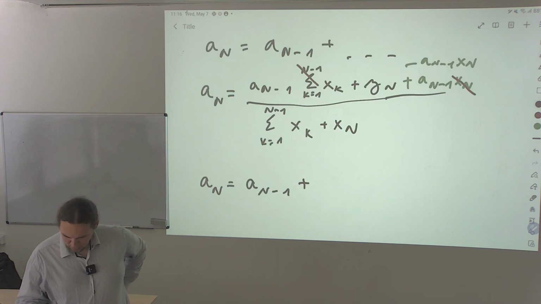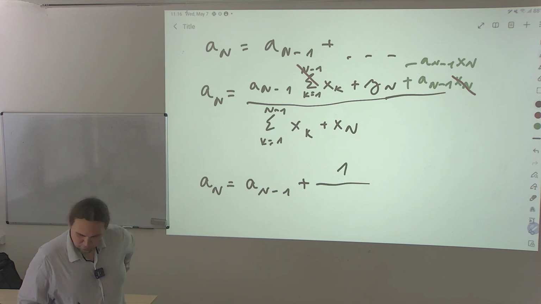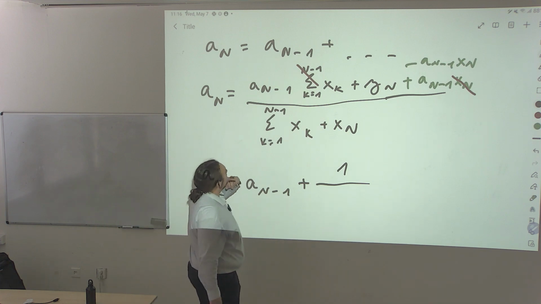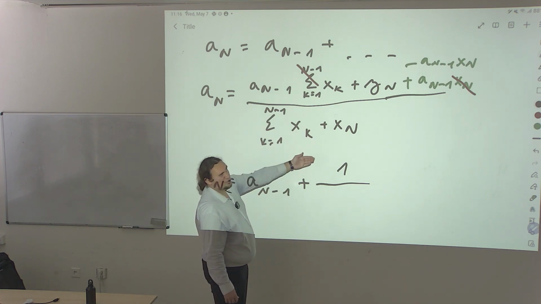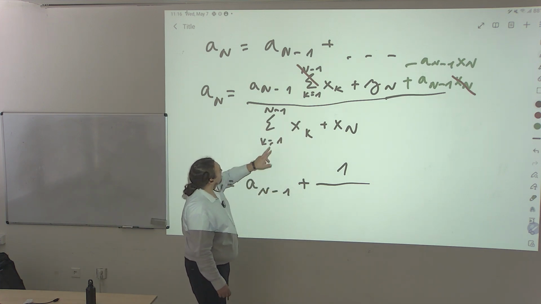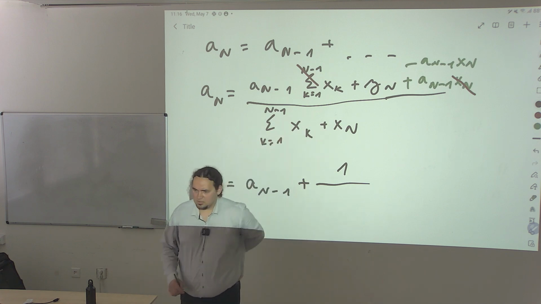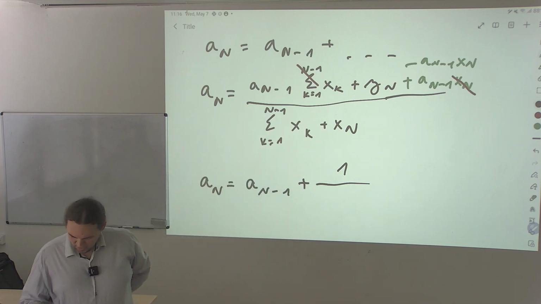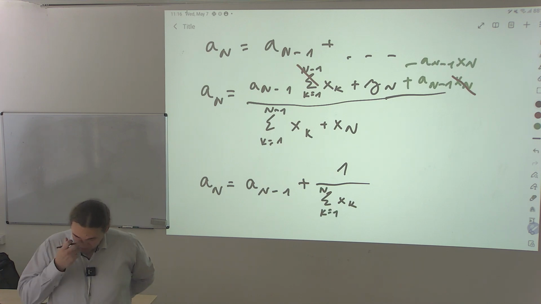Maybe let's write it in a slightly special form. Let's keep the numerator and denominator separated, and we can write it back as a sum of x's from k equal 1 until n,